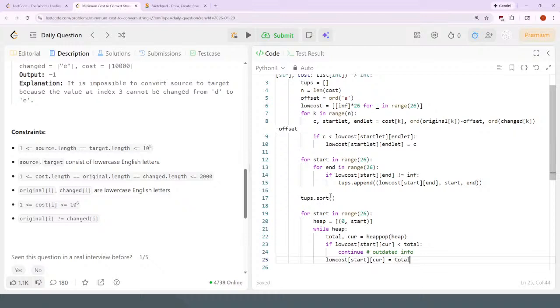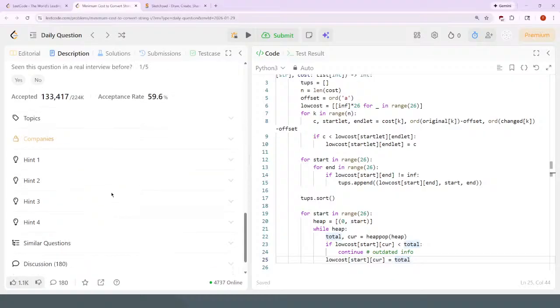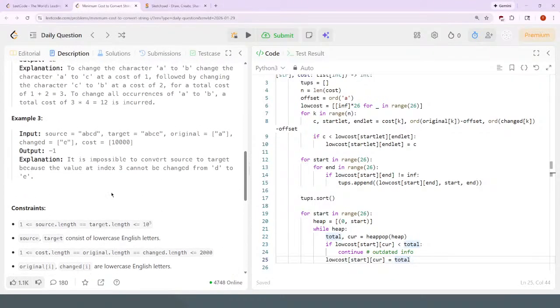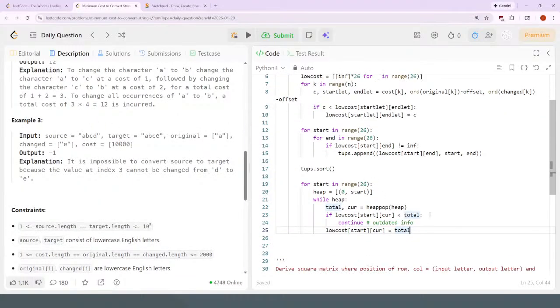This will update A to A to be 0, but that's fine. I don't think that's ever going to happen, right? I can handle that. Technically, the cost of changing a letter to itself is 0, so yes. But if it was anything else,